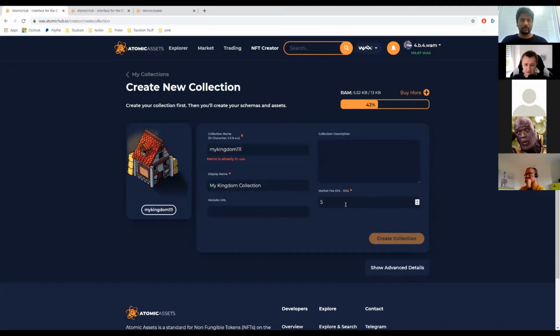I think is interesting for a lot of people, because with this market fee, you're able to get sort of royalties from any sales from the NFTs in your collection. So if you create 100 assets in your collection, 100 NFTs, you hand them out to people, maybe you just give them away for free, and then later someone else lists the NFT on the market and it gets sold, then you will receive this market fee, which means that as a collection author, you're really encouraged to